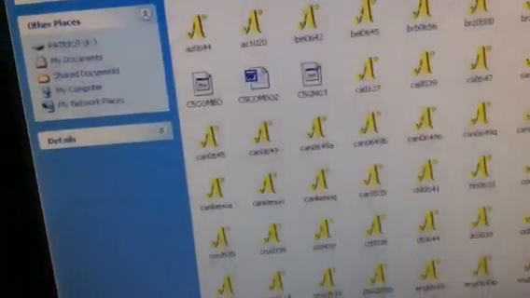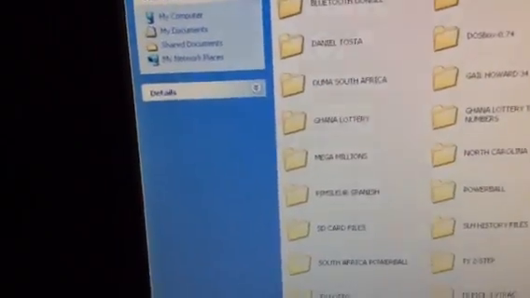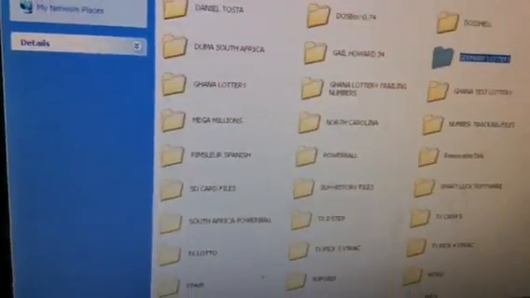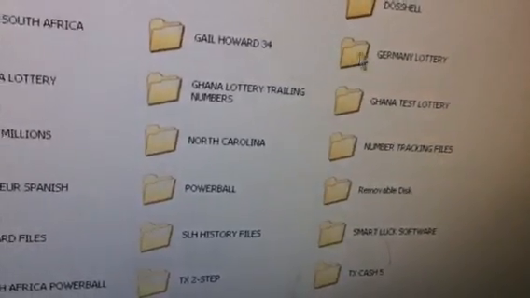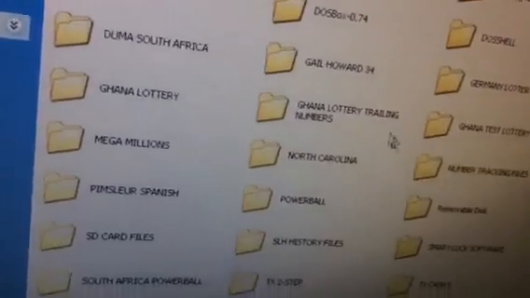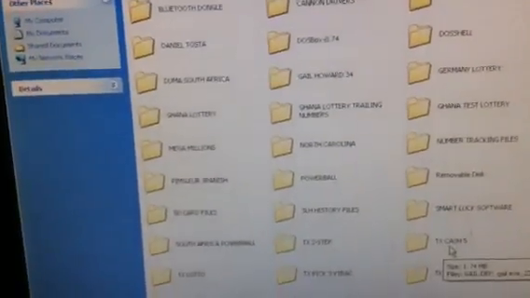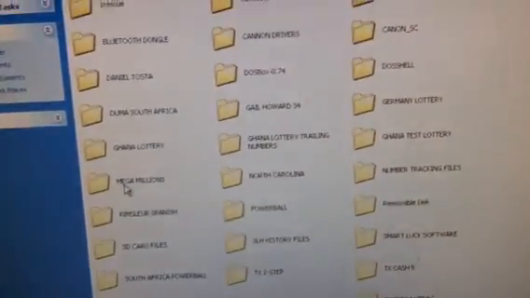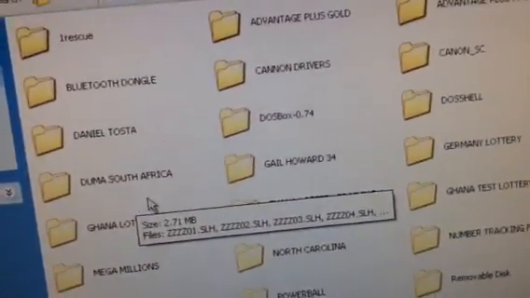See, this is my directory on my thumb drive. See where I have Germany lottery. All of these are versions of Smart Luck that I have on my thumb drive. I have like a 32 gig thumb drive. I'm probably looking to get a 64 gig. Yeah, I have no life. Hopefully they come out with one for 1 terabyte, and then I'll be in hog heaven. But all of these are